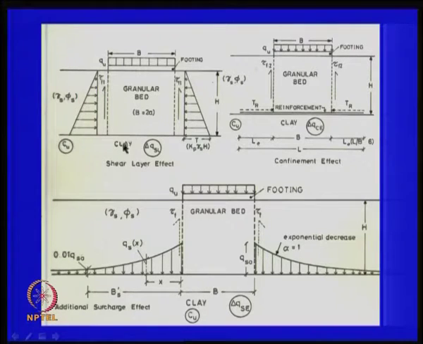You have a clay soil here and it has an underlying shear strength of Cu, right, and if I put some granular bed, we call it granular material, blanket or whatever, and this is the B width of the foundation, right. So, what we do is that if the load comes like this, then because of the shear layer effect there is some sort of resistance. The sand has some shear resistance compared to clay, right. So, there is a shear resistance that gets mobilized here on both sides. This is a shear resistance because of shear layer effect, right.